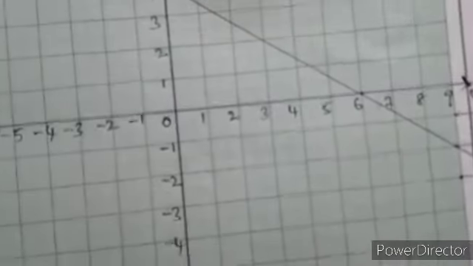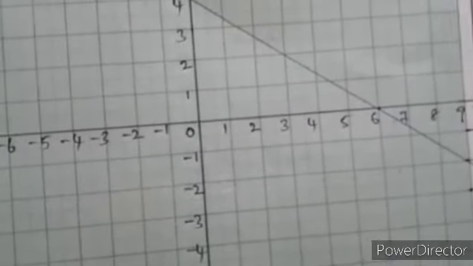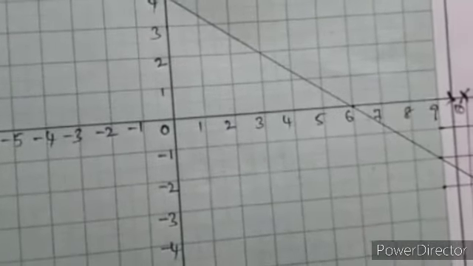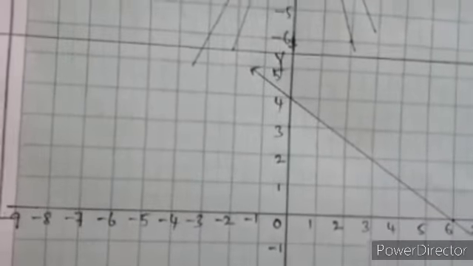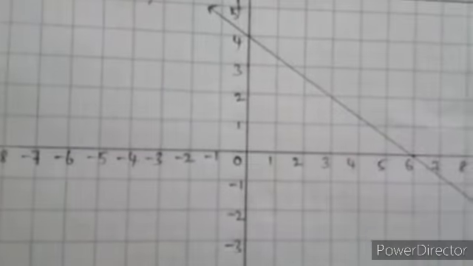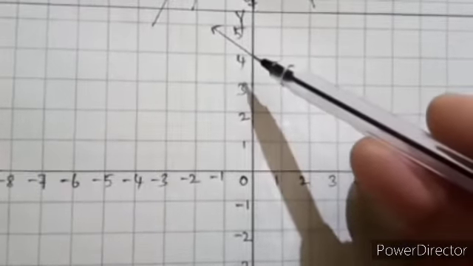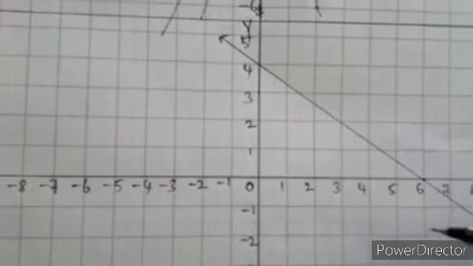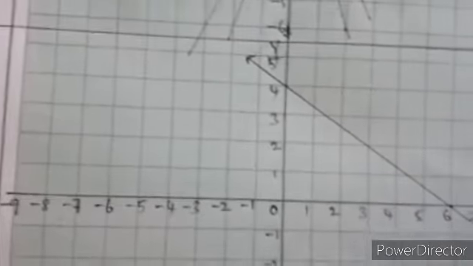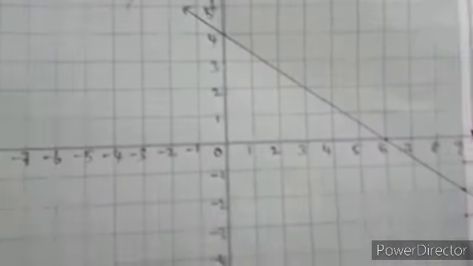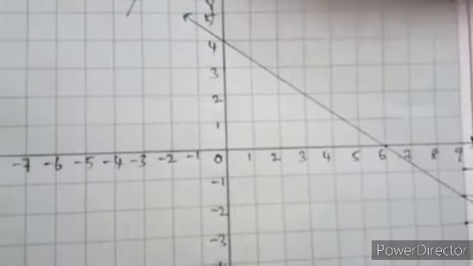Now take the graph sheet and draw the two perpendicular lines like this. Here I plotted 1 to 11 on the x-axis, right side. Now, what is the first ordered pair? The first ordered pair is (0, 4). When x is equal to 0, y is 4. So you have to plot the point here, and then x is equal to 6, y is 0. So this is the other point. Joining this, we get a line like this.